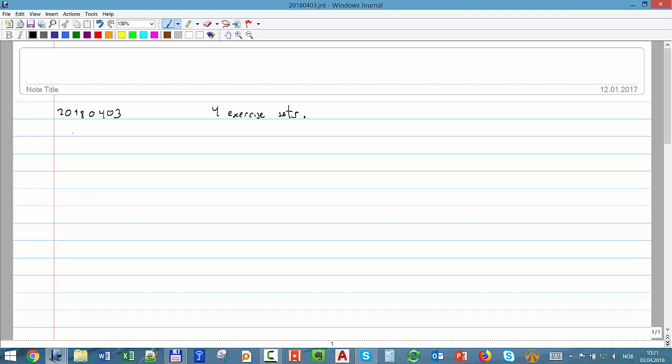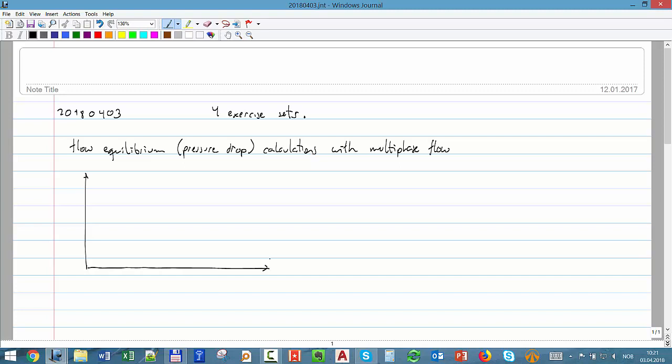So I will call it flow equilibrium, pressure drop calculations with multiphase flow. Okay, and with multiphase flow, basically, if we are talking about oil, if we have the PT diagram,